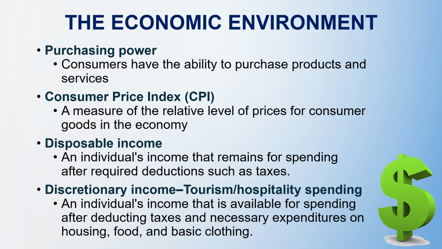However, the reality is there are many bills that we need to cover every month or every year, and those bills such as rent or mortgage payments, insurance, things like that are a requirement for us to pay. So after you subtract all of those, what's left is called discretionary income.